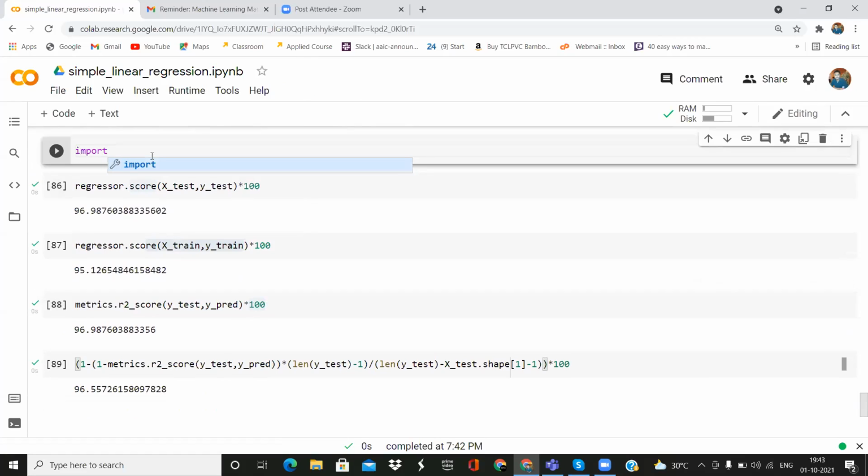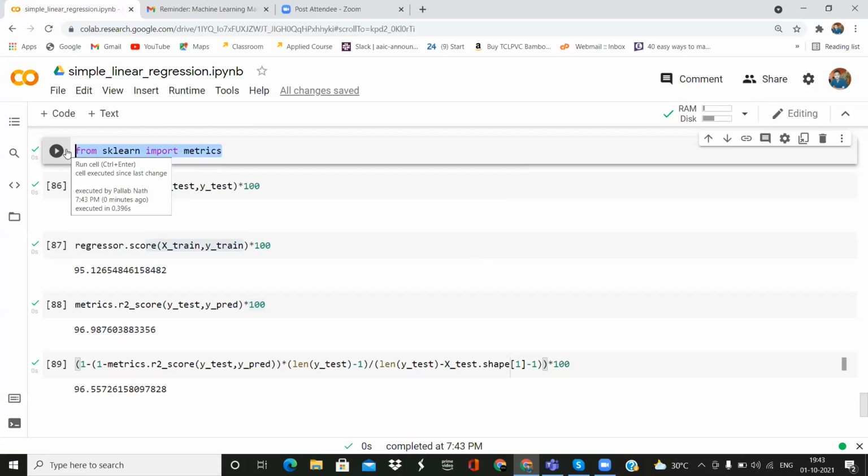Just type from sklearn import matrices. This is very important, as this would get us the matrices.